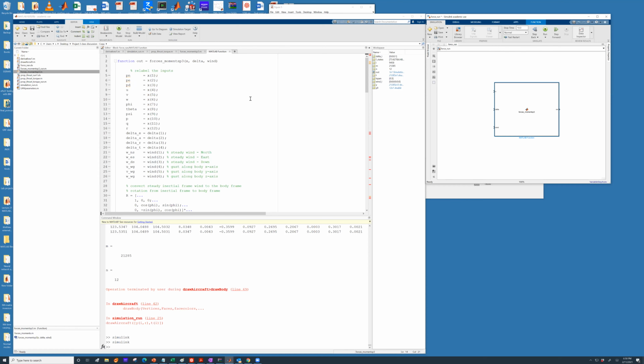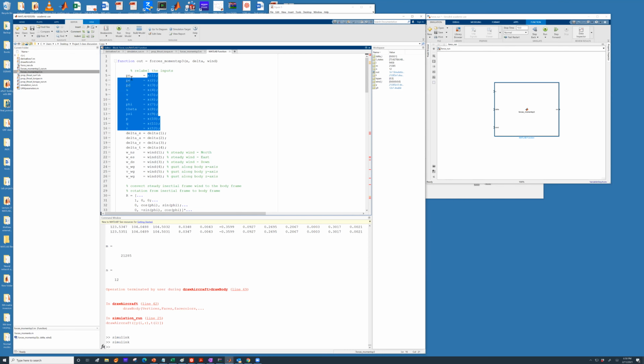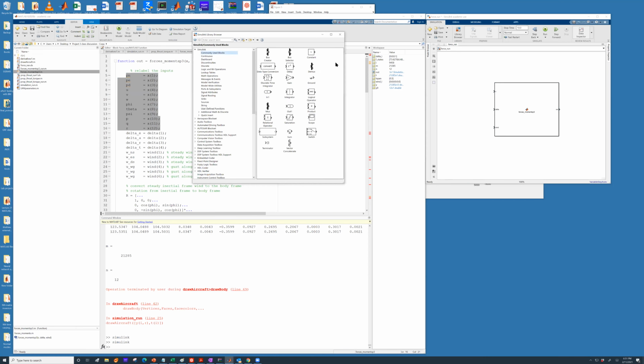Let's look at what these are. X is this 12 element vector. So if you look at this, Pn, Pe, Pd, u, v, w. So what I'm going to do is apply an input. Go to library browser, go to commonly used blocks, grab a constant, place it over here